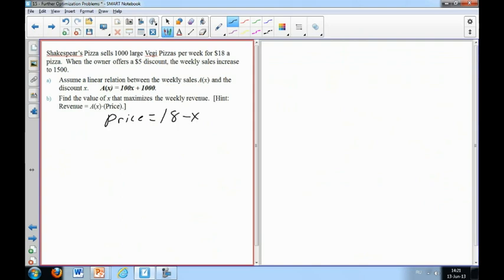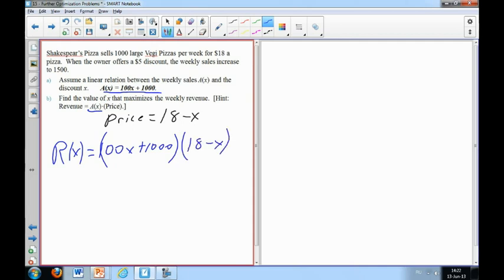So our revenue, or R of x, is going to be, again, A of x, which is 100x plus 1,000, times our price. And we said our price was 18 minus x. So now we just simply need to multiply these things out. There's different ways you can do this, and I'm just going to use the distributive method for something a little bit different. 100x times 18